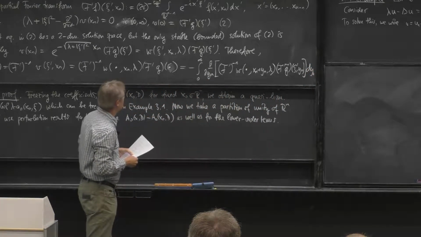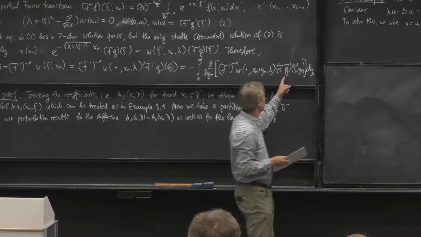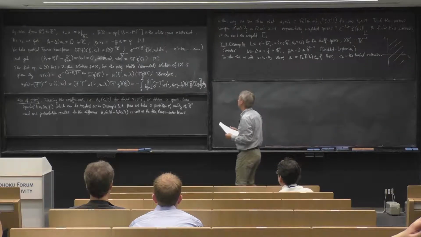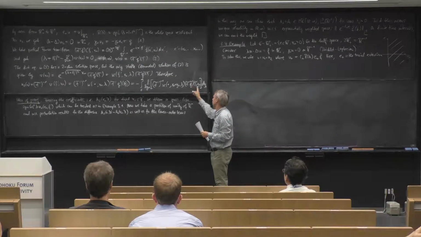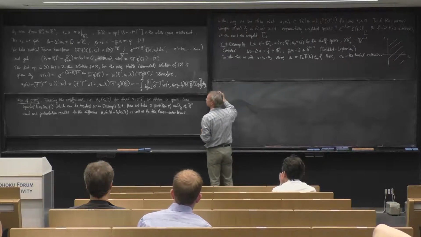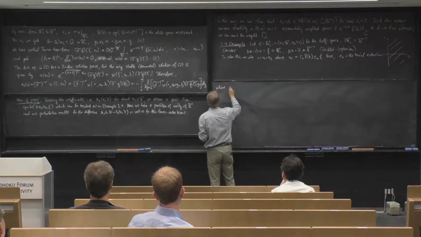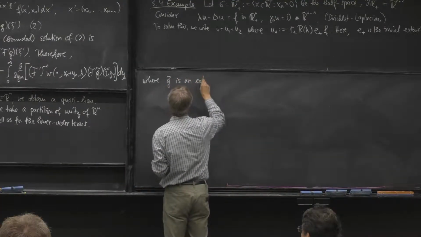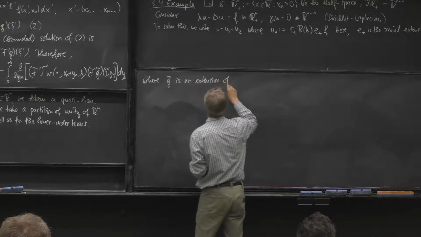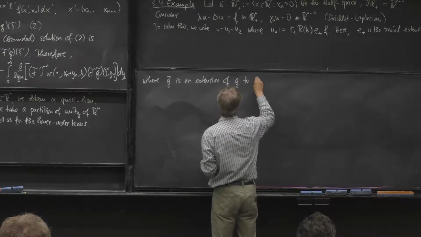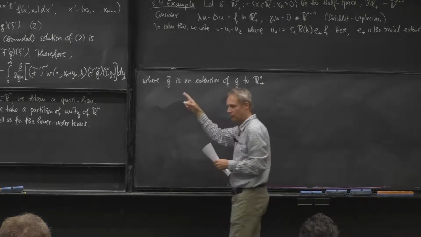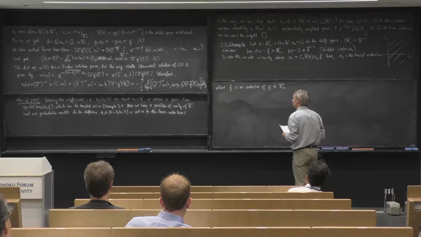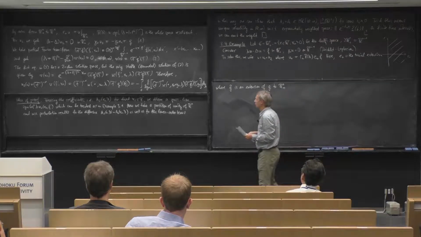Okay, first of all, let's start with this g tilde. What is this? So g was given on the boundary only, but I extend this to a function living in the half space, where g tilde is an extension of g to R^n plus. So it's given only on the boundary, but I extend it to the whole space in an appropriate way, of course.